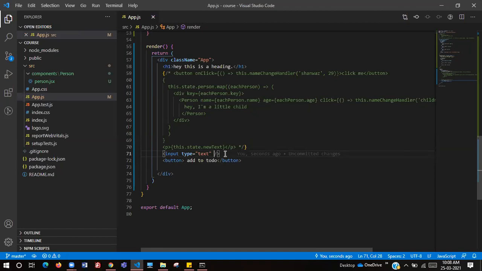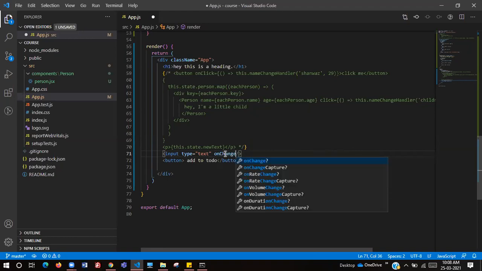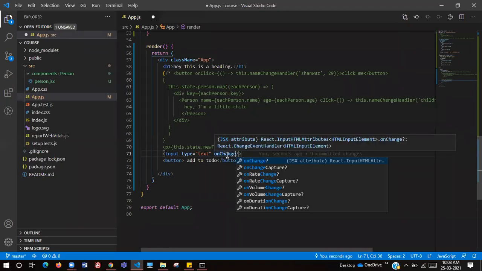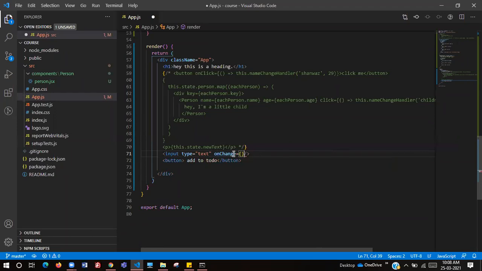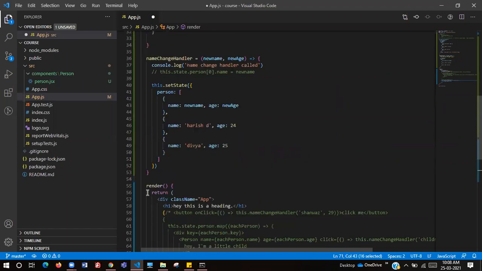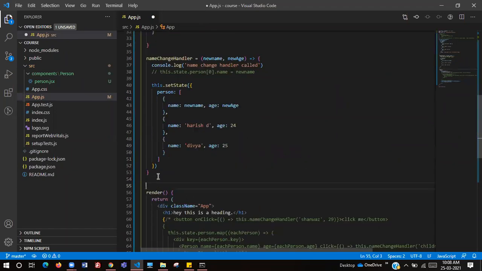Now in React, the events are written in camel case, as I've already told you, onChange. In normal HTML, the events are like onchange, with a small c. But here it is camel case. Okay, that is the React way of handling events. Equals to, and this starts handleToDoChange. Right, we had a similar function yesterday.